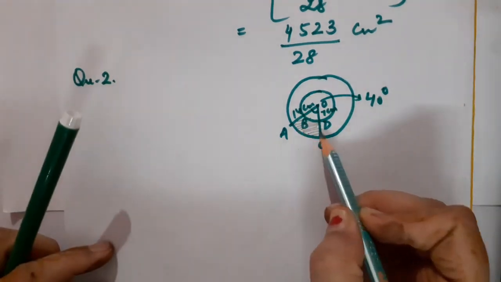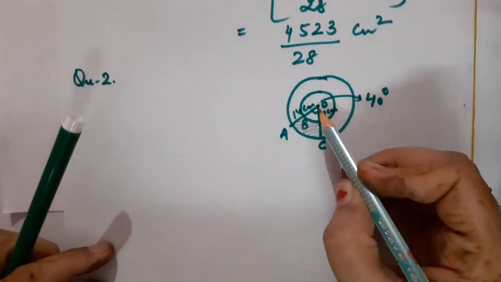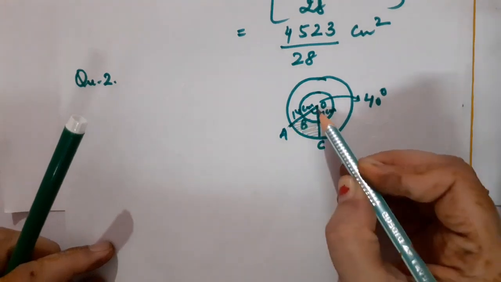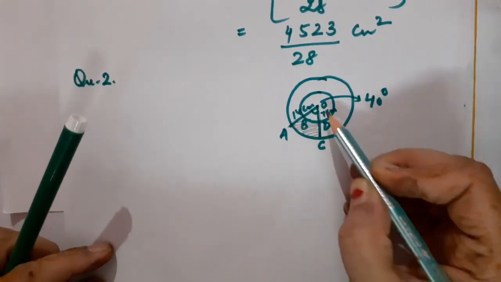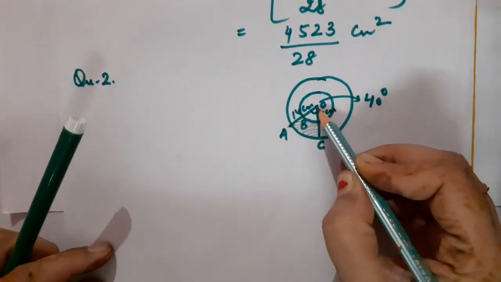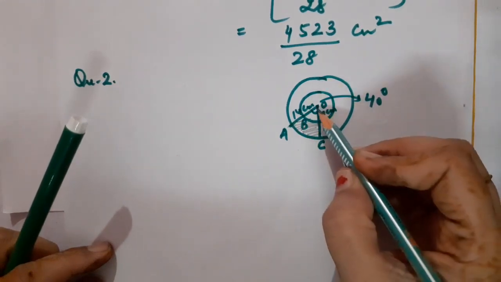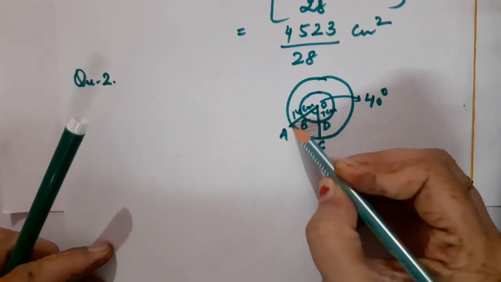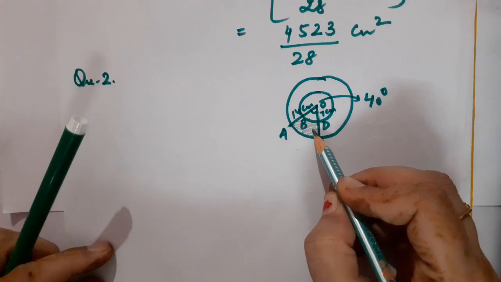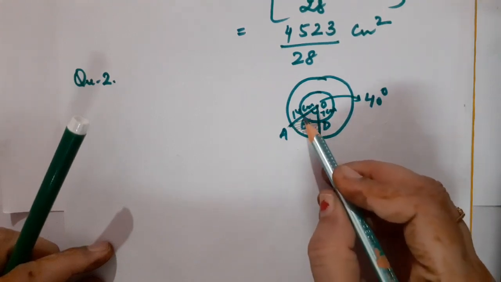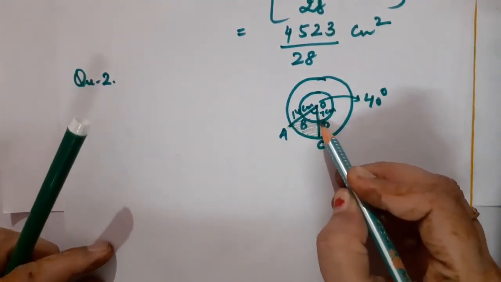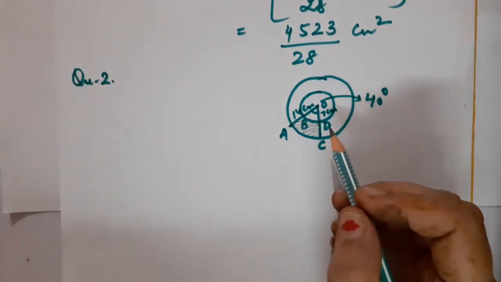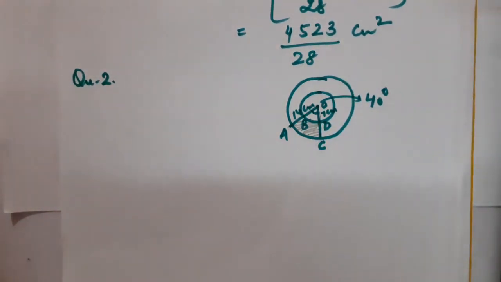So can you tell me how can you calculate this area? Please be alert. If I calculate this complete sector, that is OACO, and then I subtract this sector OBDO from this complete bigger sector, will I be able to calculate the area of this shaded part, which is BACD? Yes or no? So you have to observe, because everywhere you will be getting either sector or quadrant, or you will be getting semicircle. Okay, you will be getting segment.